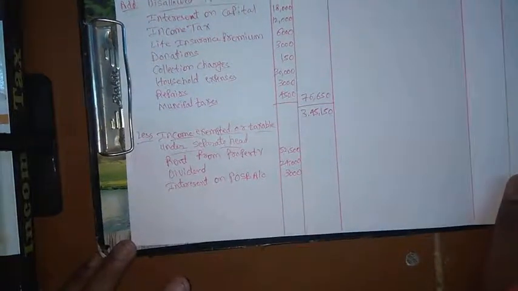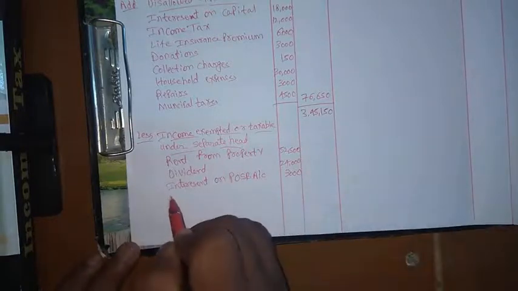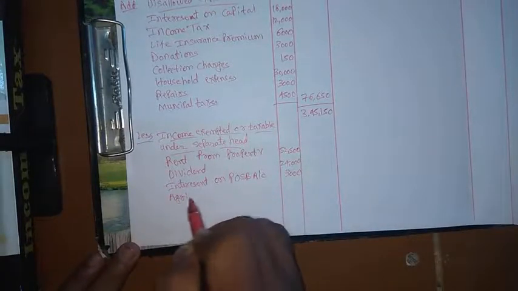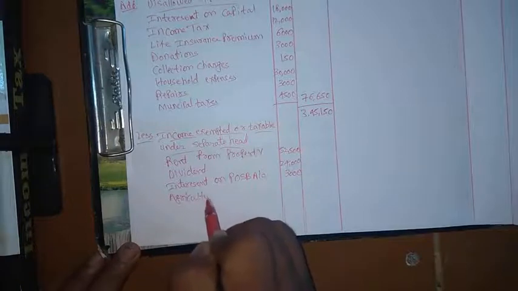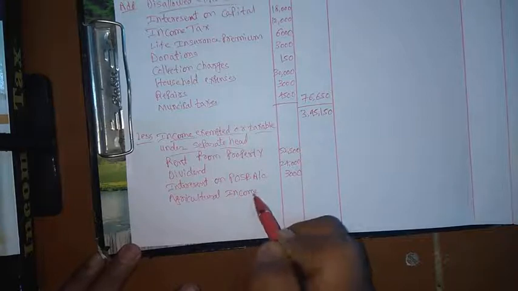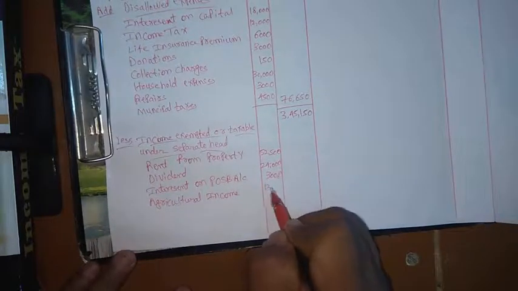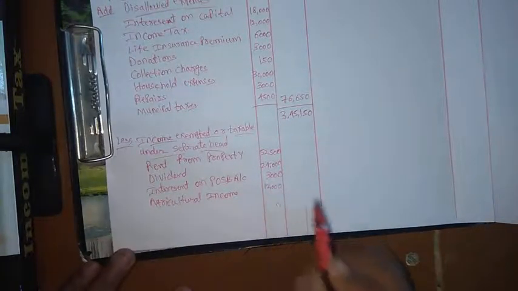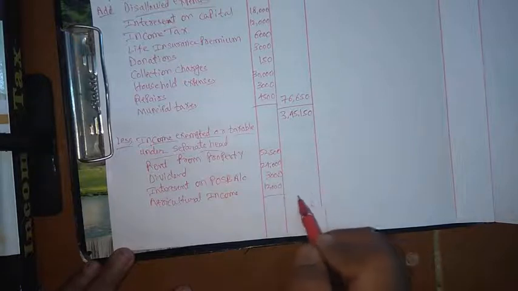Next, agricultural income, it is 12,000. So the total is